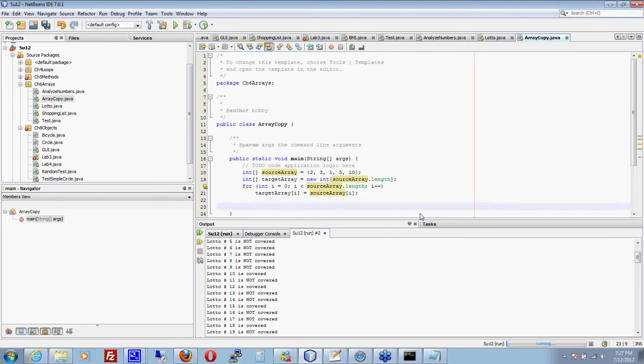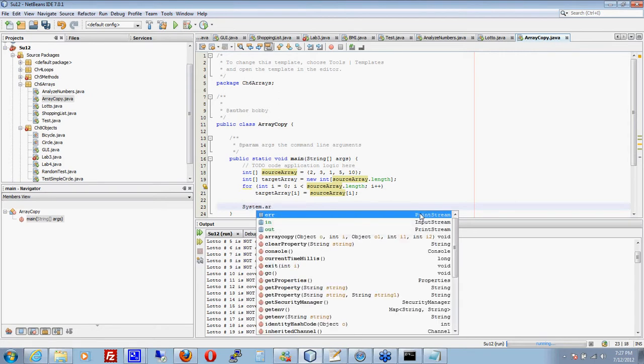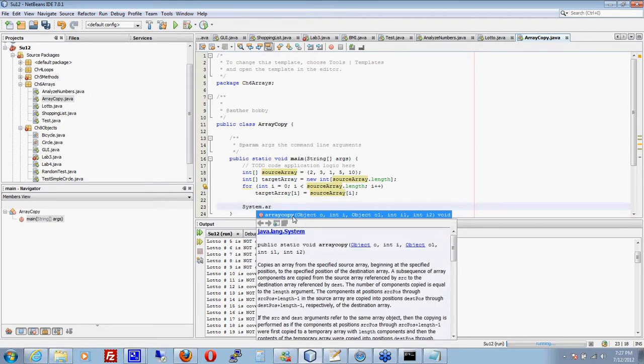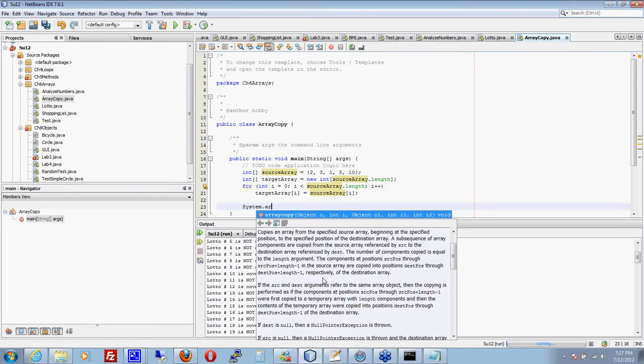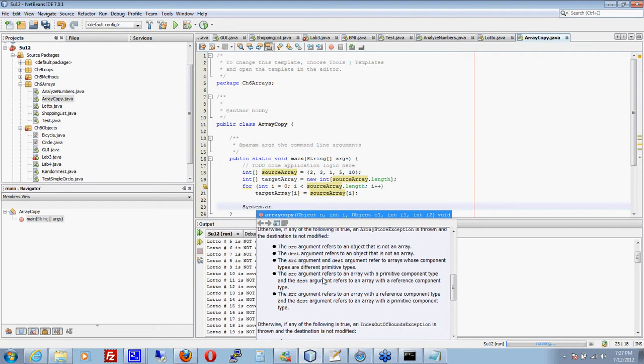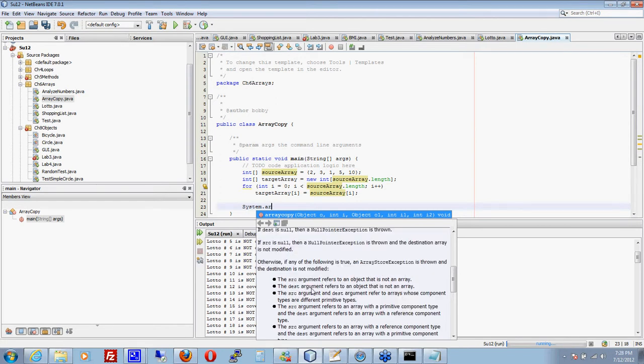But it looks like they're also saying there's under System an array. Oh yeah, there is arraycopy. Look at that. It's interesting. I've actually used this before. I wonder if that's new for Java 5. From one array to the other array, and it looks like you've got some options of starting in a position, so not copying the whole array, but copying from a start position in the first array, and then to the output in the second array, and it gives you different options. The source argument is the first, destination,